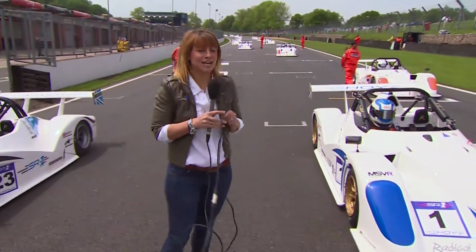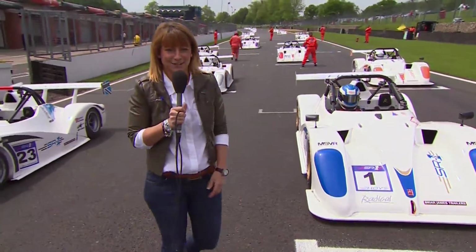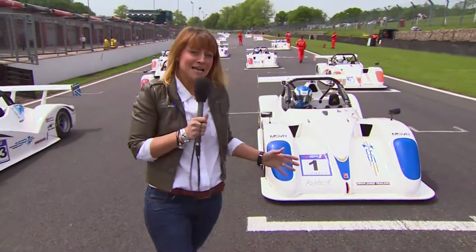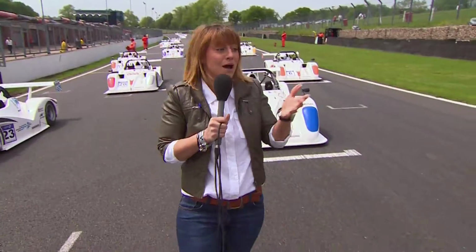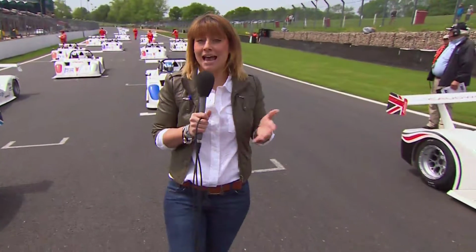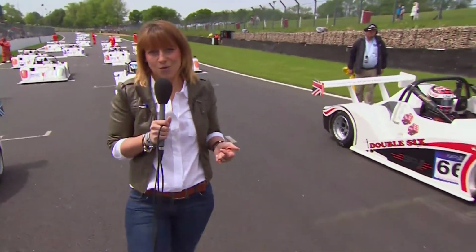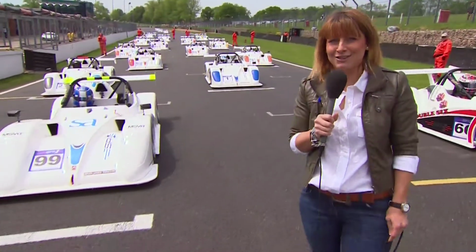The sun's just shining through, and alongside me here is our Olympic gold medalist, Sir Chris Hoy. This is the very first time he will have started a race, but of course, it's the very first time that most of these drivers will have started a race, because they can have completed no more than 6 races to be eligible to race in the SR1 Championship. And if you look all the way back down there, that's a lot of cars to make it through the